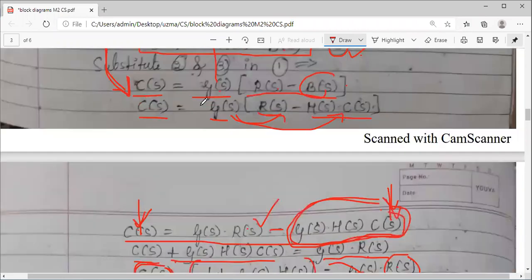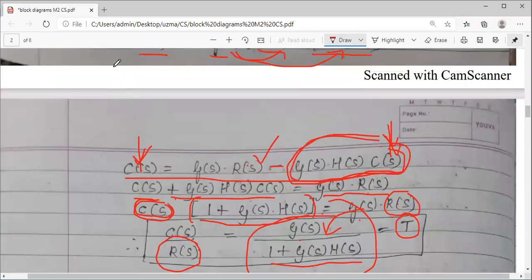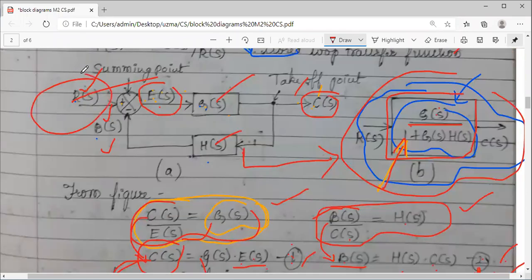And moving on to the next concept, as I told you, whenever we consider a closed loop system in general, we consider one input and one output. So what is the input here? We have considered R of S as the input, reference signal, and C of S is your output. But when it comes to multiple inputs and multiple outputs, we will come across many input lines connected inside this block, inside this figure. So if you increase the inputs, outputs will also be multiple, and as I told you, these systems are linear in nature. Linear in the sense, law of superposition holds good.